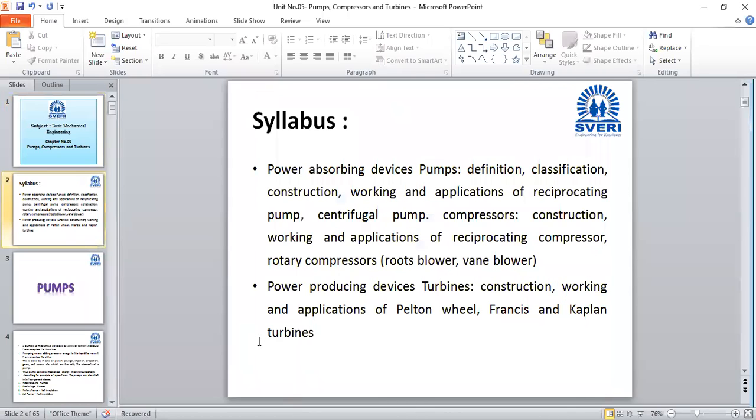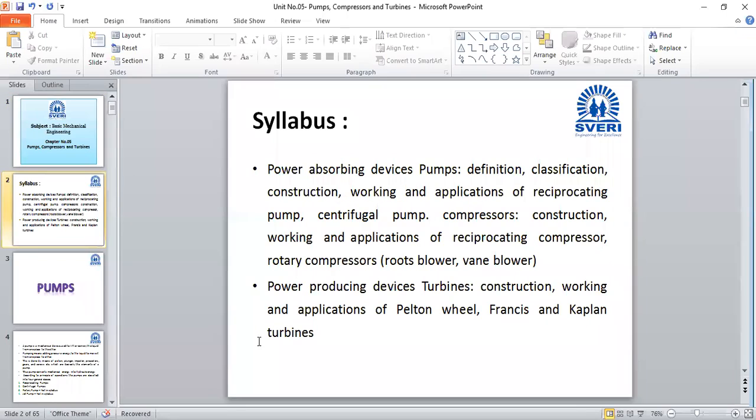So the basic mechanical engineering. In basic mechanical engineering, we are going to learn in that subject about the basics of some machineries. So in this syllabus, we have 4 chapters. The first one is pump, compressor, turbine. This is the syllabus for pump, compressor, turbine, in which